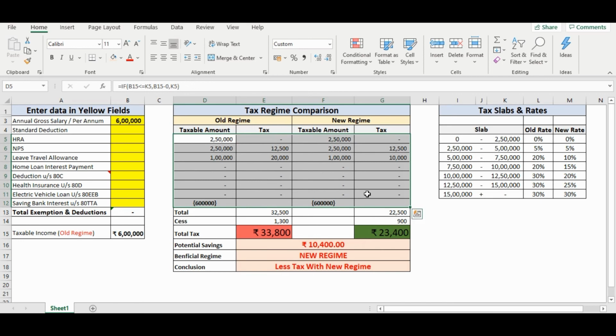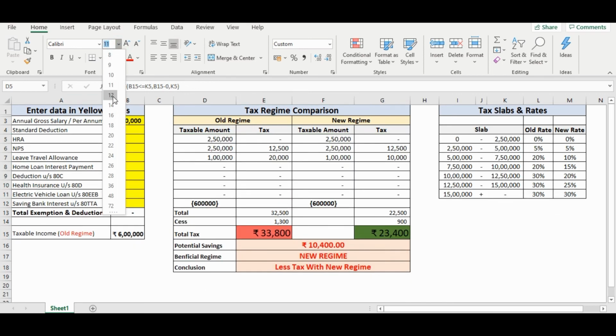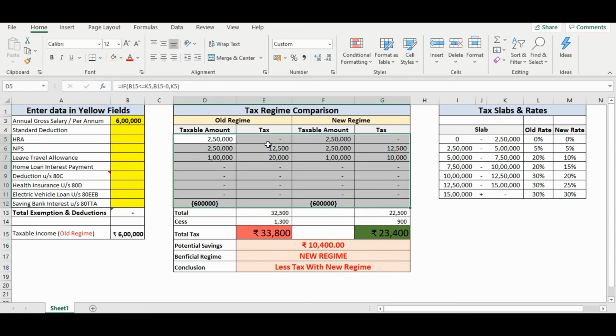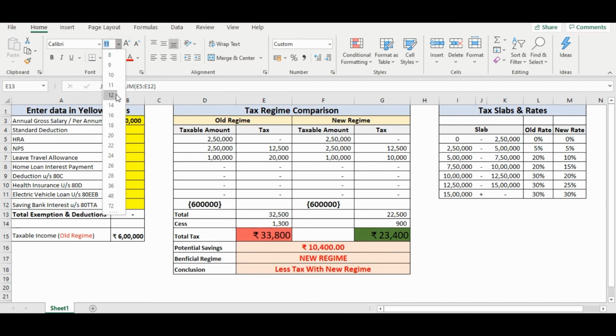So we'll simply select all. Choose the font size as 12. Select the total amount. We might increase this to 14 just to distinguish among others. The remaining ones we can keep as 12 so that we have a good appeal. So this completes our worksheet.